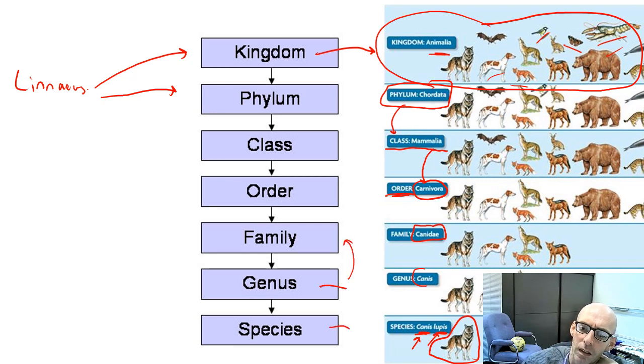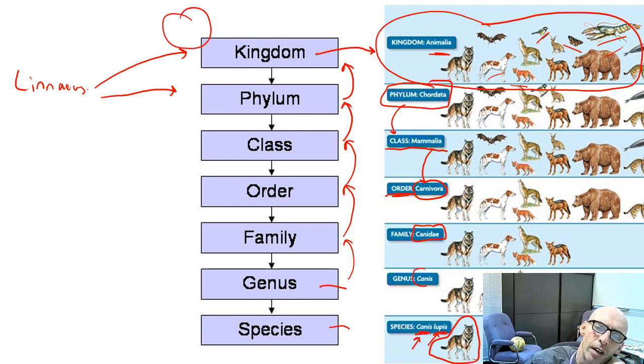It belongs in this family. It belongs in this order of meat eaters. It's a mammal because it's hairy and has warm blood. So that's where we're in common with it. We're in there as well. It's the same as us. We're in the same phylum. It's got a backbone in there with fish and birds and everything. And then it's in the animal kingdom. So it very much goes from there are hundreds and thousands of animals, and at each level you get less and less. And this is Linnaeus's classification